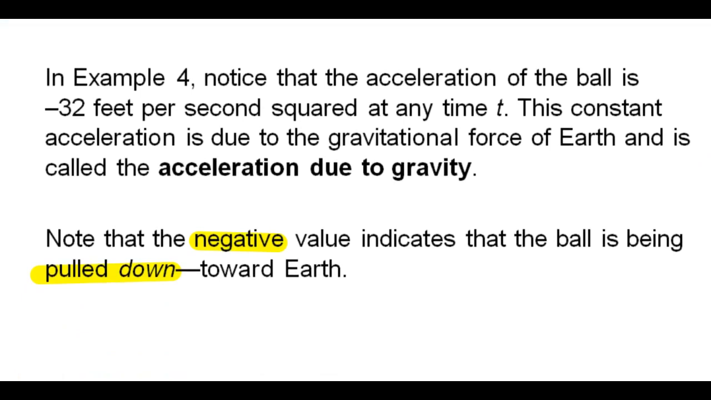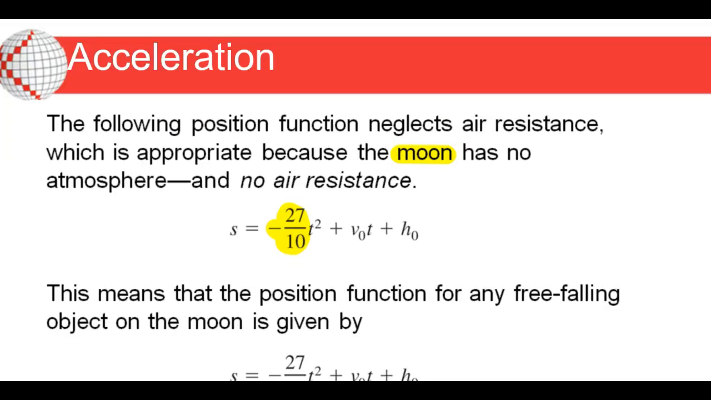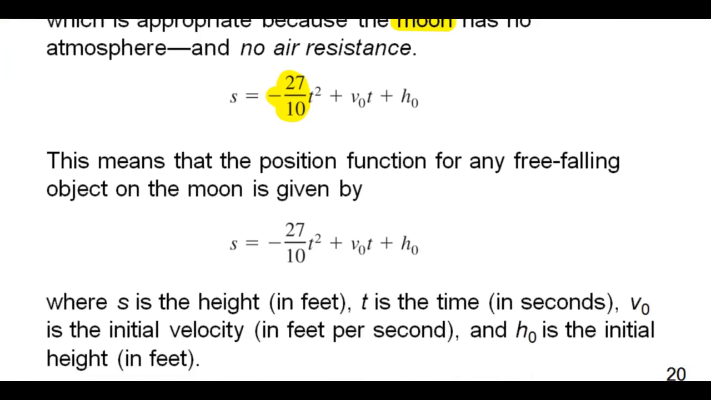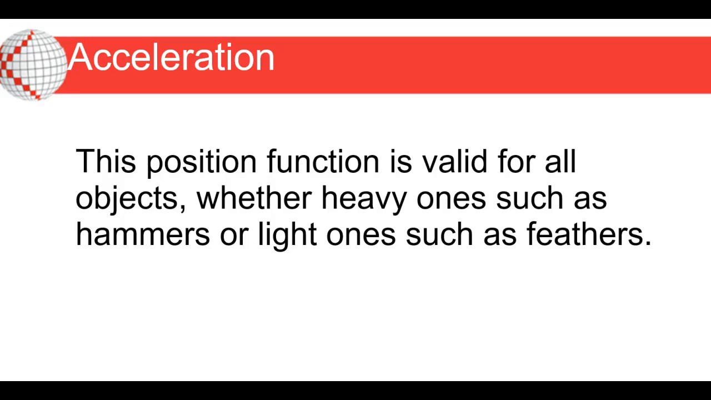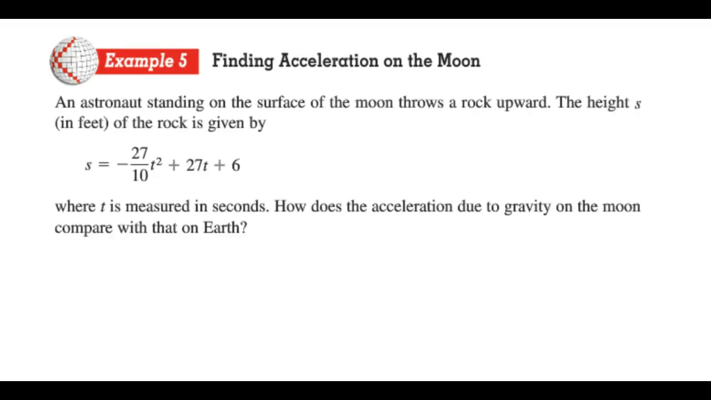This negative 32 is kind of an important concept. It's actually the gravity force on the Earth. So you'll see that negative 32 pop up time and time again. Now if we go to the moon, it changes a little bit. But maybe you've taken another class where you've seen that negative 32 before. All right, so example number